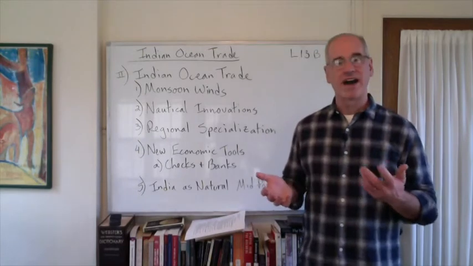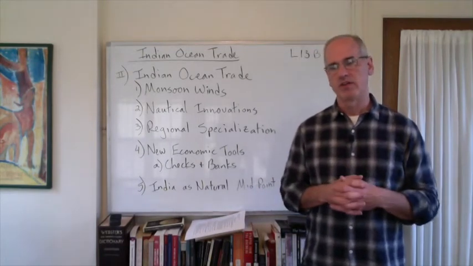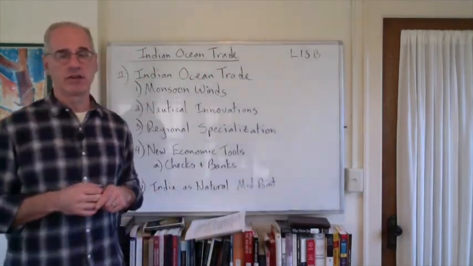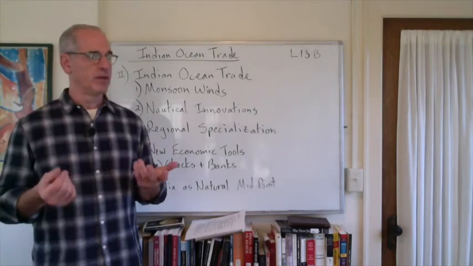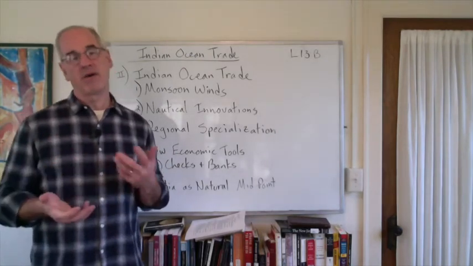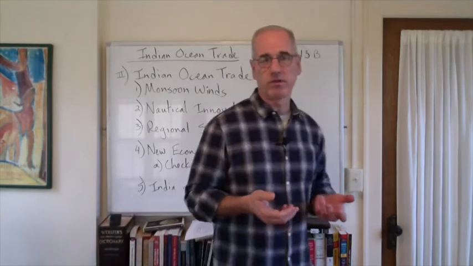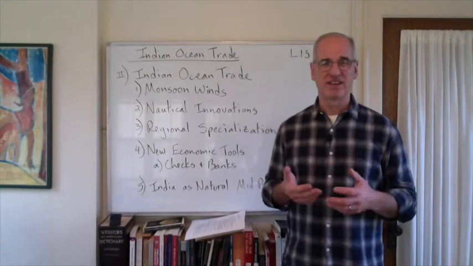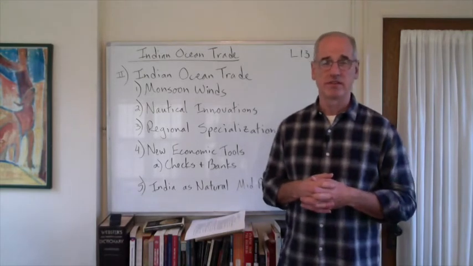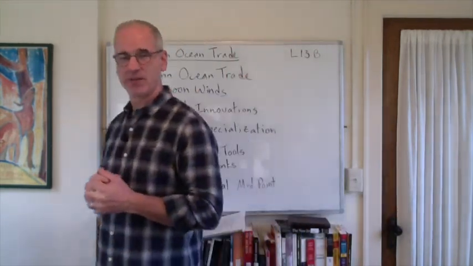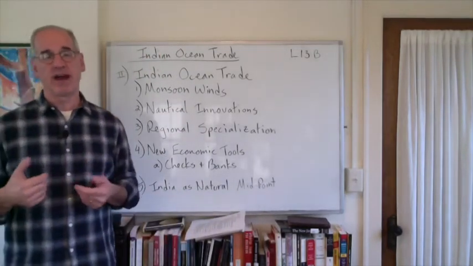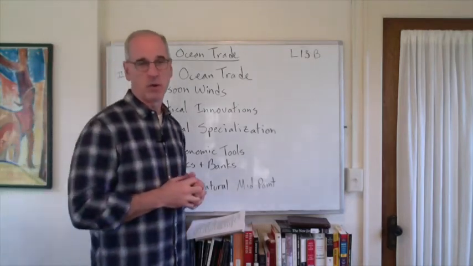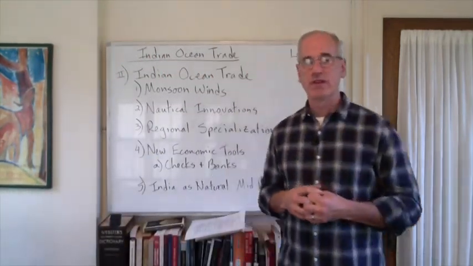And you might wonder why pepper so much. I mean, we don't use pepper that much. We're not talking about chili peppers either. Those are American. Those don't show up in Eurasia until after Columbus. We're talking about black pepper and peppercorns. But part of the reason is that this is a world without refrigeration. And pepper is actually a pungent enough spice that it can cover up the taste of meat that's starting to go bad, and so on. So it really becomes crucial for people if they want to eat food that's palatable. You spice the heck out of it so that you don't have to taste it if it's starting to go bad. On that happy note,